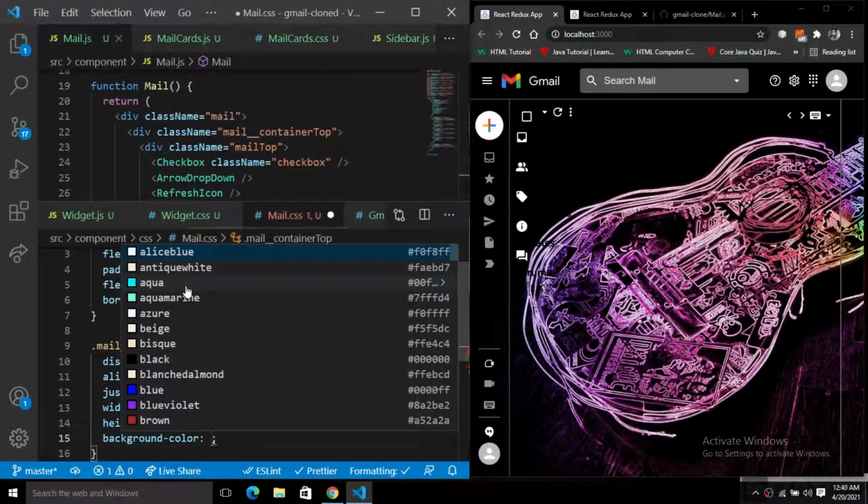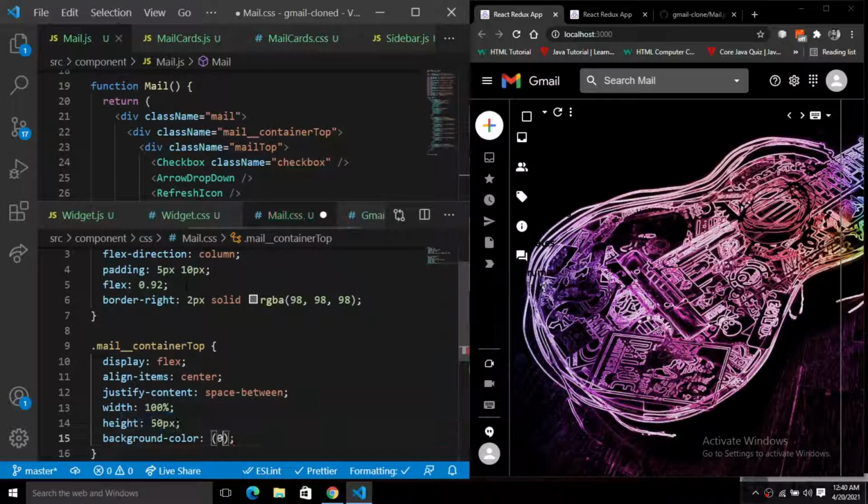So we'll give the background color to the deep black, which is 000 RGBA. Okay, so this is the background color here. Fine. So we have given the background color of dark black, and now you can see we have very nice material UI icons everywhere.